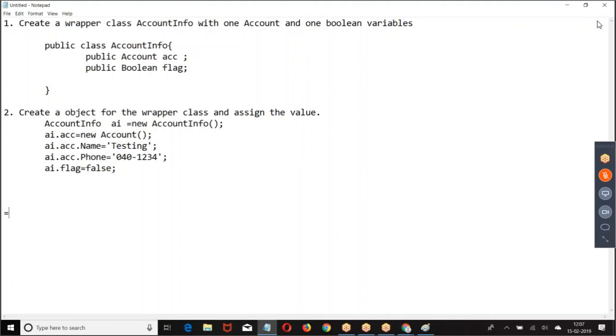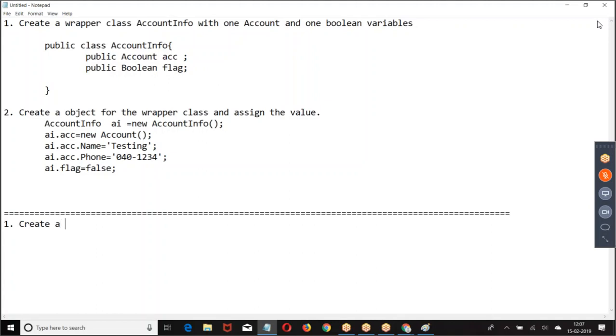People have followed this example. Let us take one more. Create a wrapper class, contact data with one contact, age.